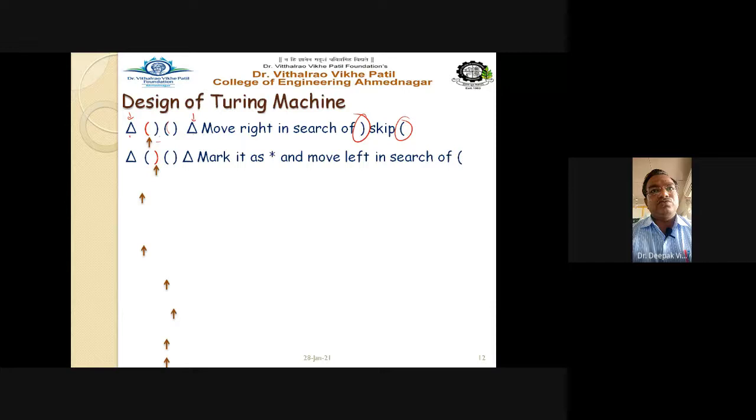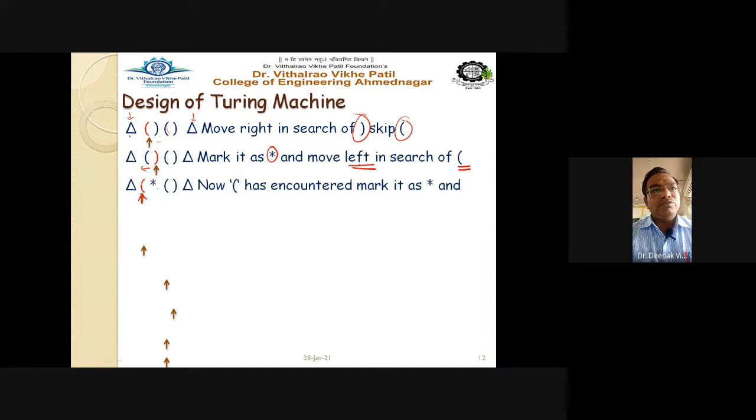So first, this we encountered here. As we encountered this particular closing round bracket, mark it with the star mark and move in the left direction in search of the opening bracket again. So mark it as a star and move in the left hand side direction, meaning again we are pointing to this opening round bracket here. Now the opening round bracket has been encountered, mark it as a star and move left in search of